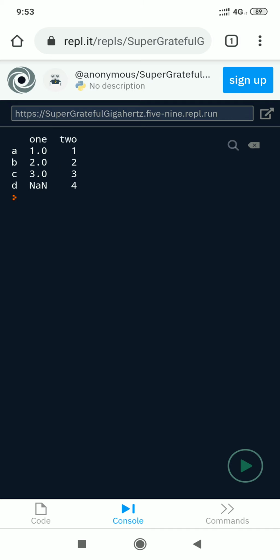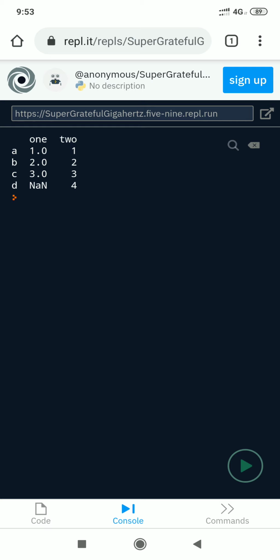Students, you are finding there are 2 columns, 1 and 2. 1 is a key of the dictionary, 2 is a key of the dictionary, and 1 as a dictionary holds series values with index labels A, B, C. There was no D label, that's why the NaN value is being displayed, whereas under key or column 2 we were having 4 values with labels A, B, C, D, so those values are being displayed like this.